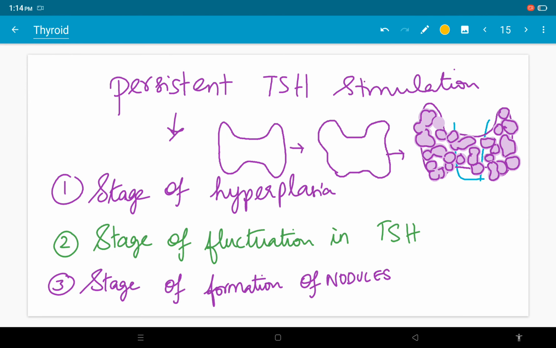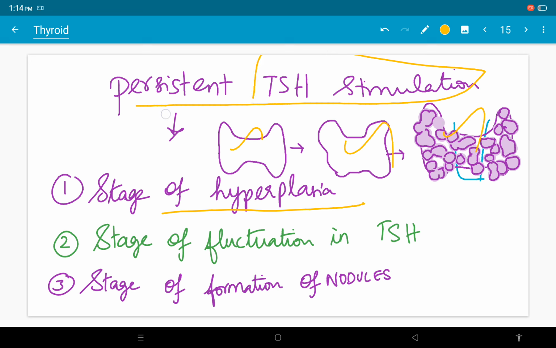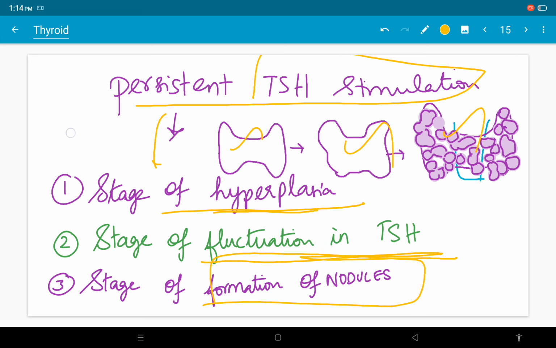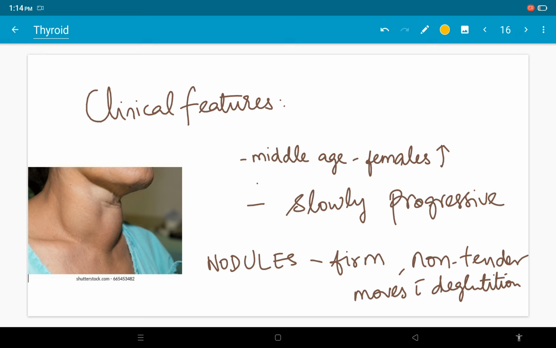etiopathogenesis, right? First is a normal thyroid gland, then hyperplasia, then formation of nodules. Persistent TSH stimulation will lead to the stage of hyperplasia. After hyperplasia, you have fluctuation in TSH, which results in the formation of nodules. So these are the three stages. Clinical features: in epidemiology, you have to know that middle-aged females are mostly affected by